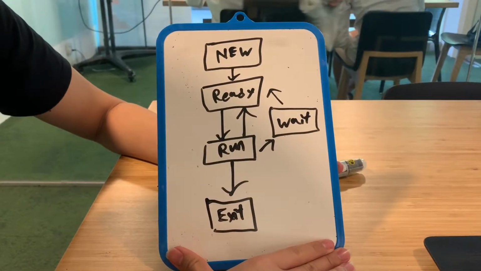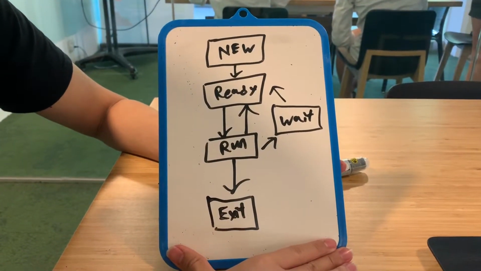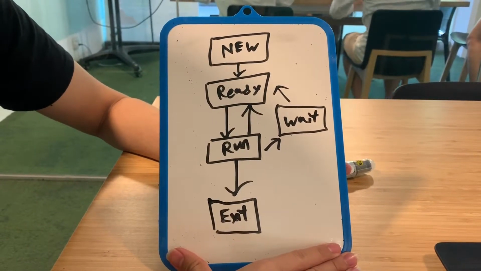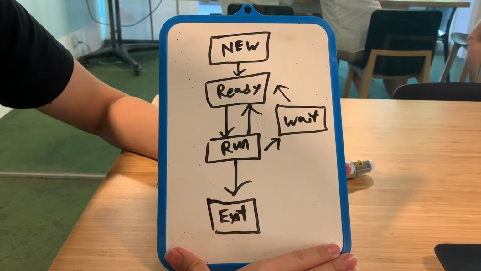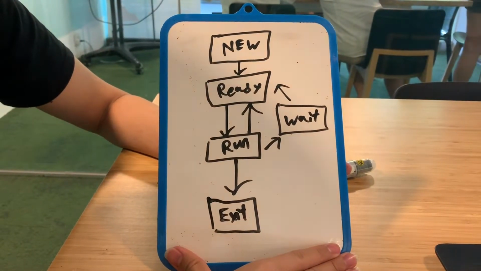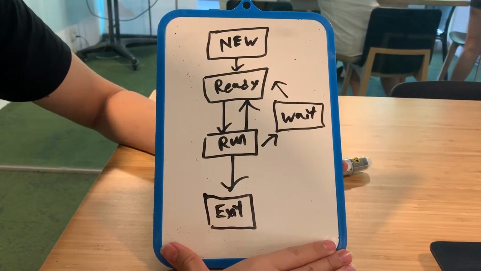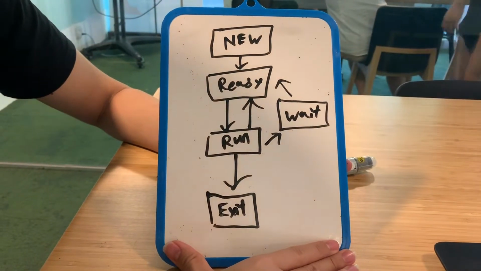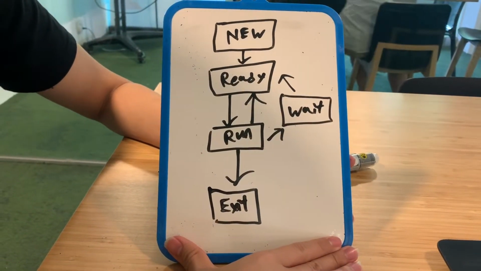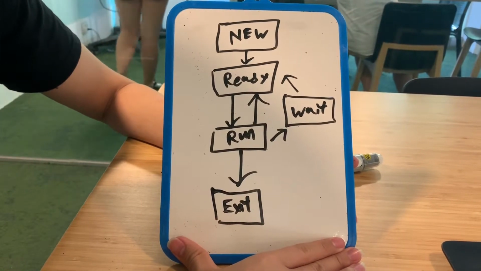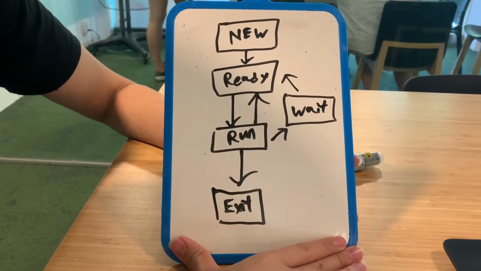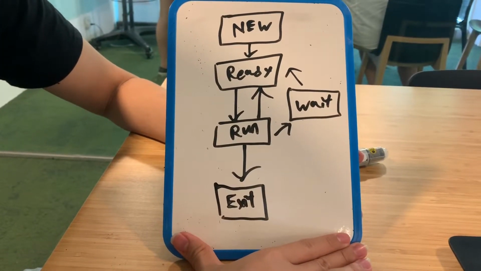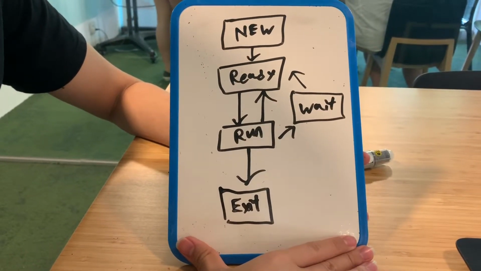Okay, so there are multiple process states, a few of which are shown in the diagram below. There's new, which is when a new process is created. Ready, when the process is waiting to be assigned to a processor. Run, when the instructions are being executed. Wait, when the process is waiting for a certain event to occur, such as getting an input, output, or a signal. And finally, there's the exit, when the program is terminated.